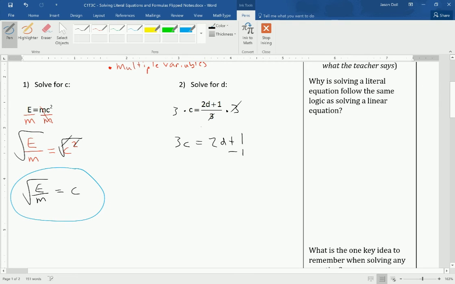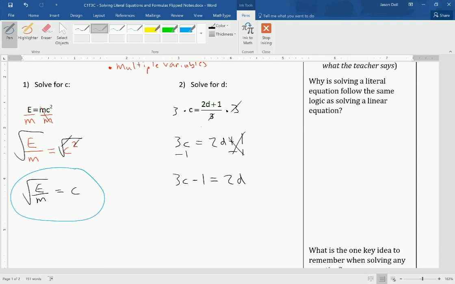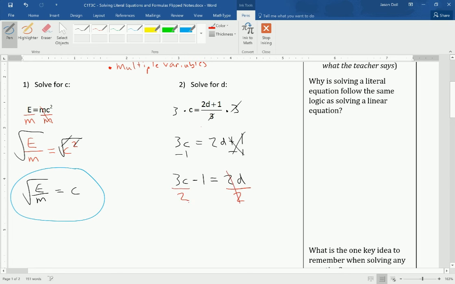So I'm going to get rid of the positive 1 by subtracting 1 on each side. Since 3c and 1 are not like terms, I have to leave them as separate terms. And now, to finish this off here in red, we want to get rid of our coefficient. We get rid of 2 times d by dividing by 2. And you can either divide each term individually by 2, or you can write 3c minus 1, both terms together,